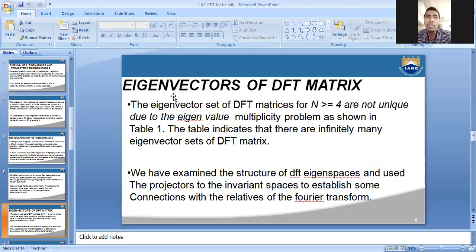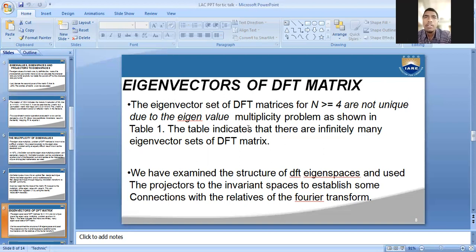Till now we learned how to prepare the eigenvalues. With those eigenvalues, we need to prepare the eigenvectors. Now we will learn more about how to prepare eigenvectors with eigenvalues. The eigenvector set of DFT matrices for N greater than or equal to 4 is not unique due to the eigenvalue